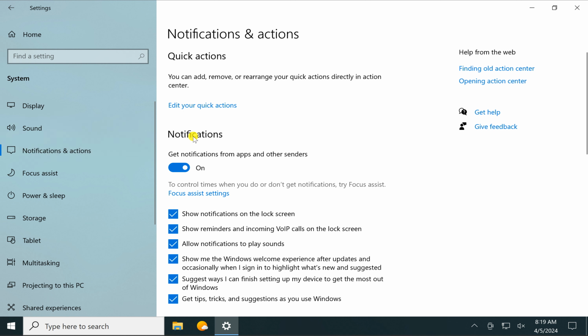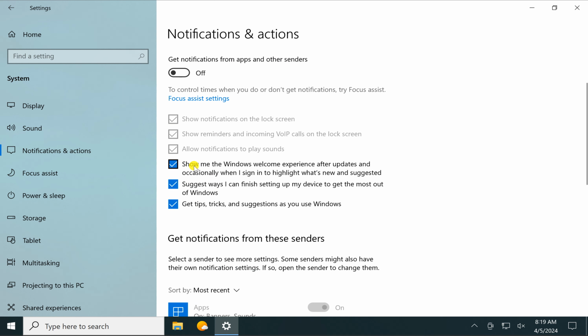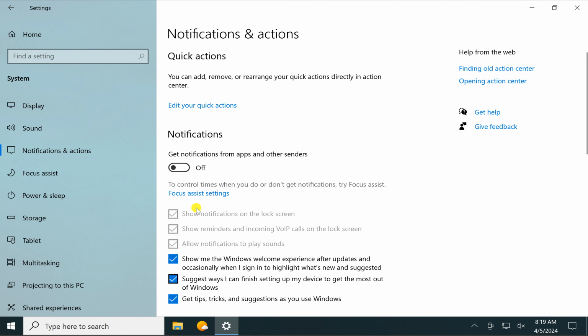On the right, under notifications, turn off this toggle switch that says get notifications from apps and other centers. Now uncheck all these three options. This will stop notifications from apps and other centers, and in case you want to receive the notifications, just turn